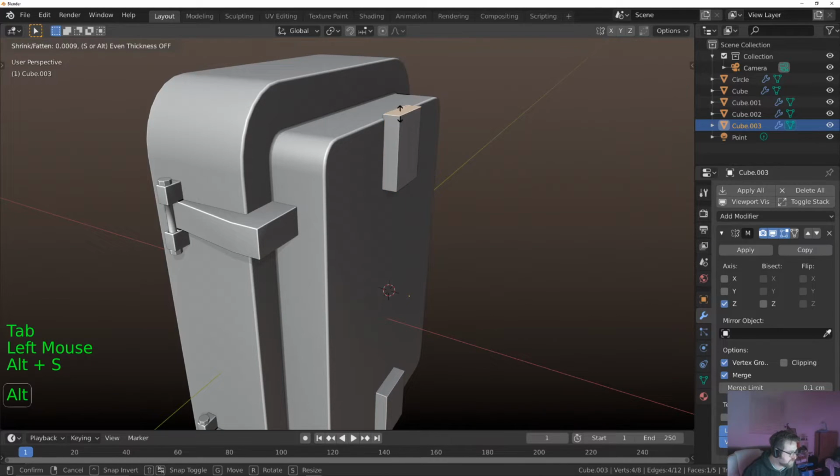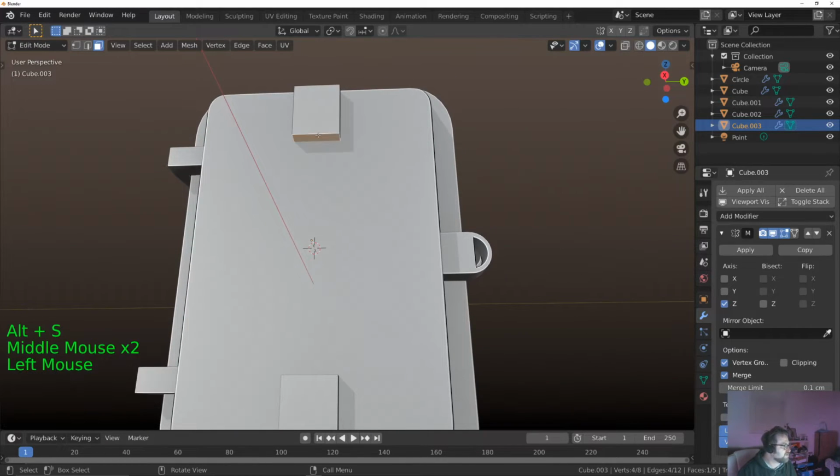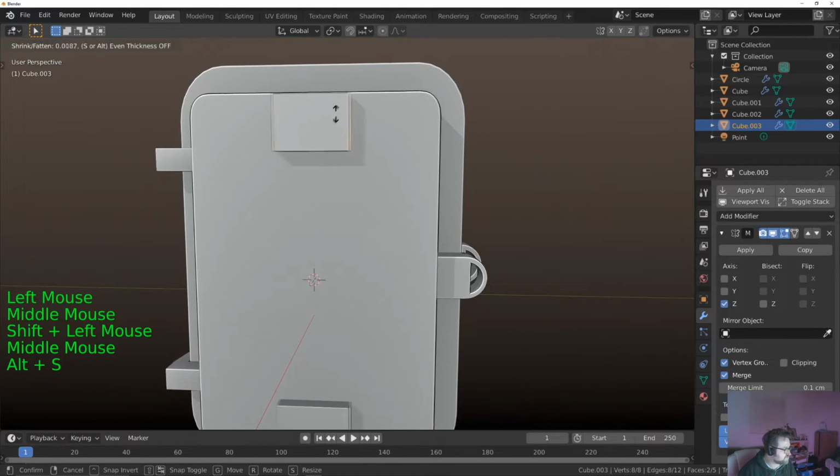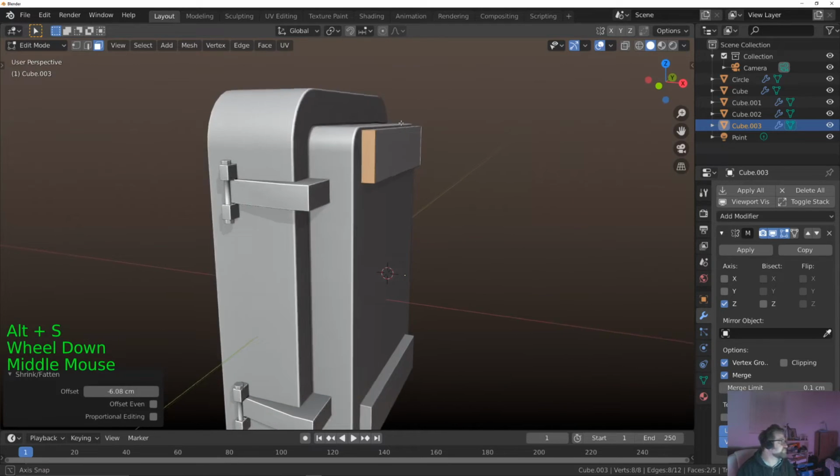Actually, let's not make it go over the top, and okay, so